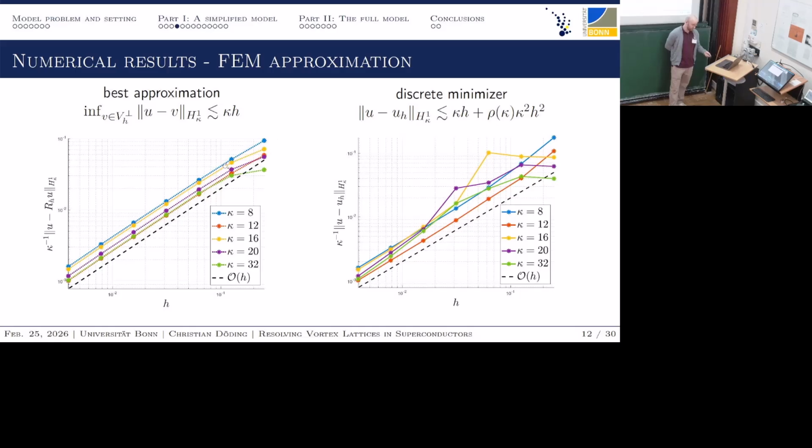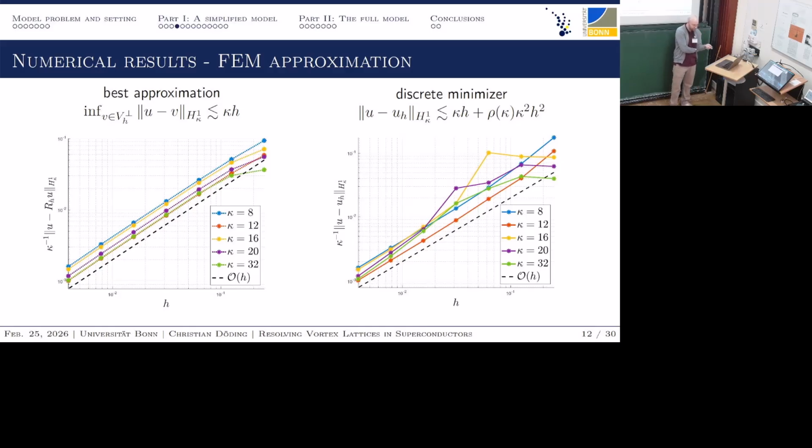And we nicely observe first order of convergence as expected for different values of kappa. And if you note here, the error itself is scaled with 1 over kappa, which means that these lines more or less are on top of each other, which means we are also tracing the right